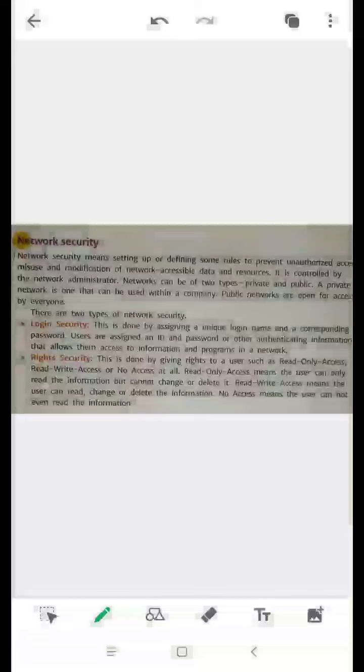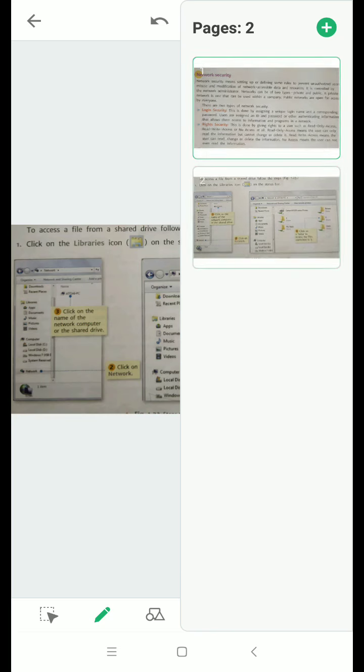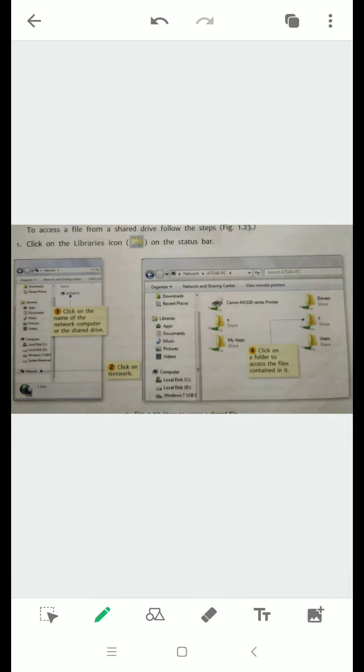Next, accessing a shared file. What is accessing a shared file? To exchange a file over a network or to store data at one place, you need to share drives, files and folders. When working for a particular company, we need to exchange some files or some folders or some drives with our colleagues. In that case, it is easy to access such files over a network. For that, you can follow some steps. It is given clearly here.